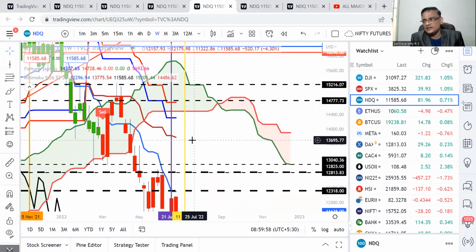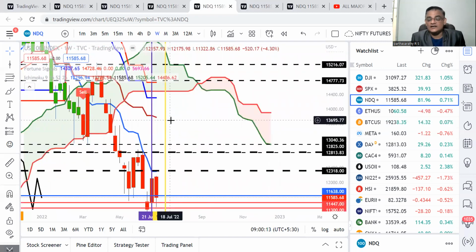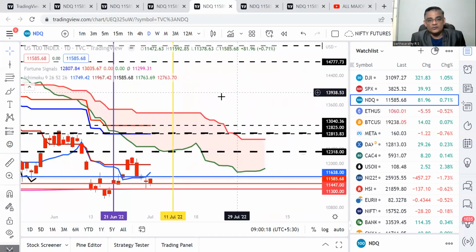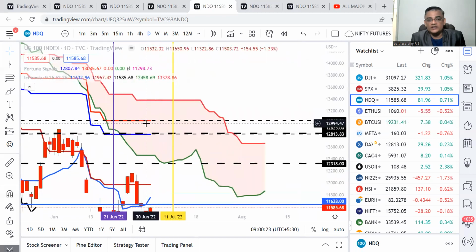And that is what we explained in the last webinar. That's how Nifty took the exact support on the 1 hour Ichimoku, at the cloud low, and from there it flared up. So based on Ichimoku, yes, 100% bearish on daily and weekly. So we need to watch how it is going to play out. Now in daily also, it is going big. And in Fortune Signals, I have already given the number.